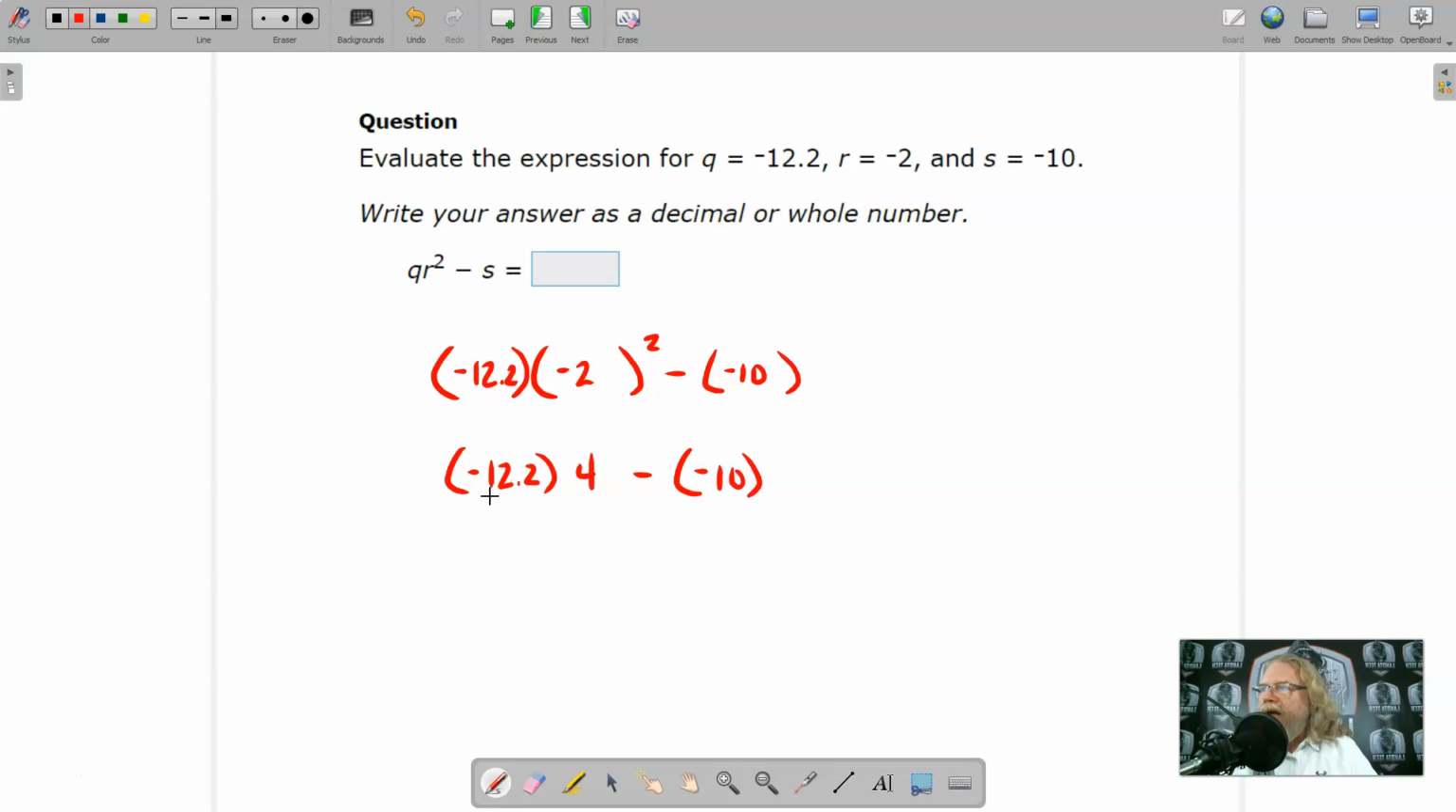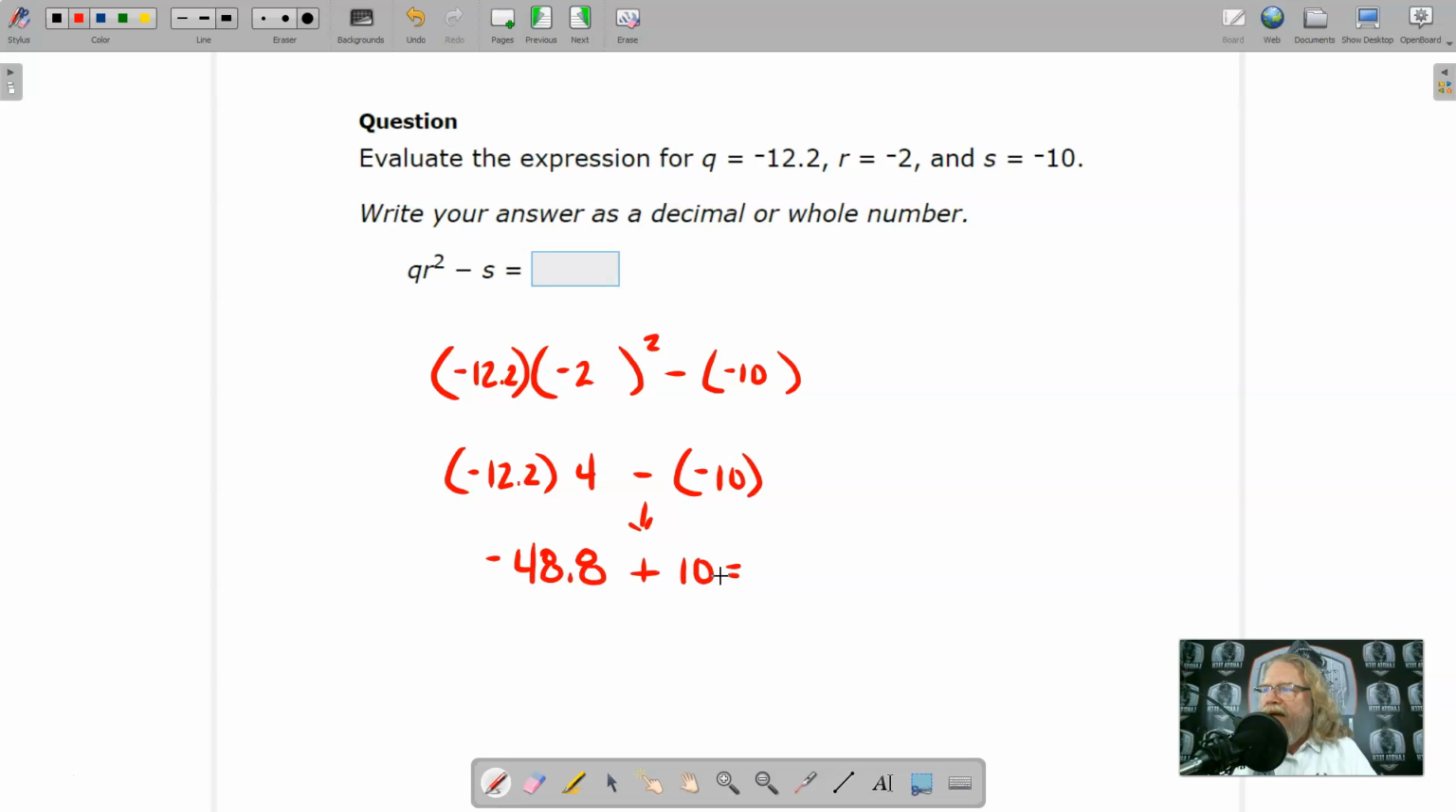Now let's go ahead and do negative 12.2 times 4. Well, 4 times 12 is 48, and 4 times 2 is 8, so I should have 48.8, and it's negative times positive, so this is going to be negative. Now, we're going to bring down our negative sign and make it positive. Take the opposite of negative 10 is positive 10, and then we have negative